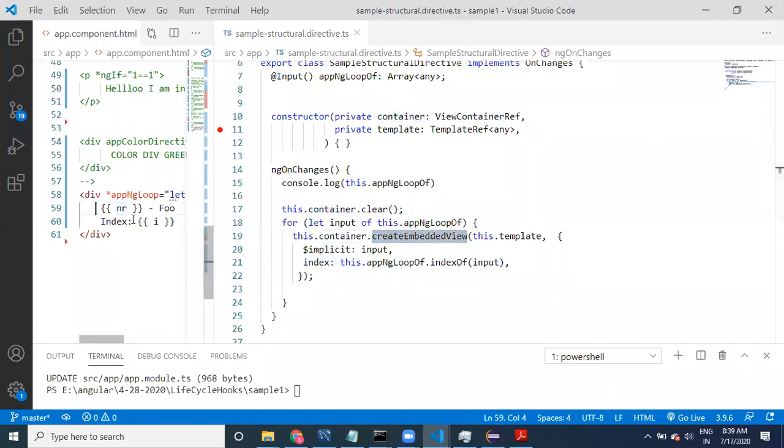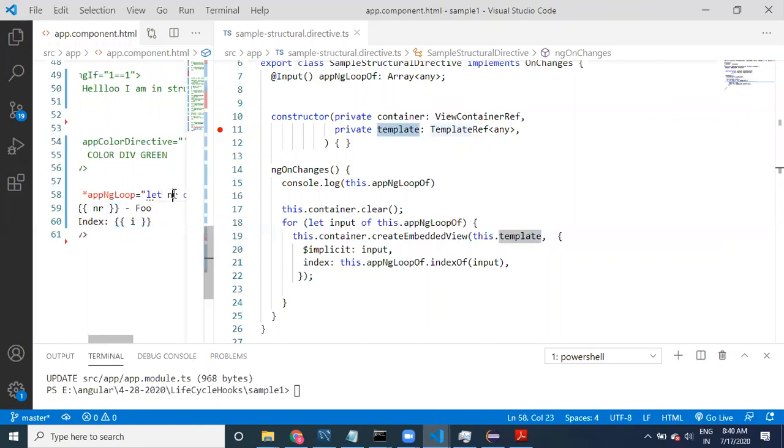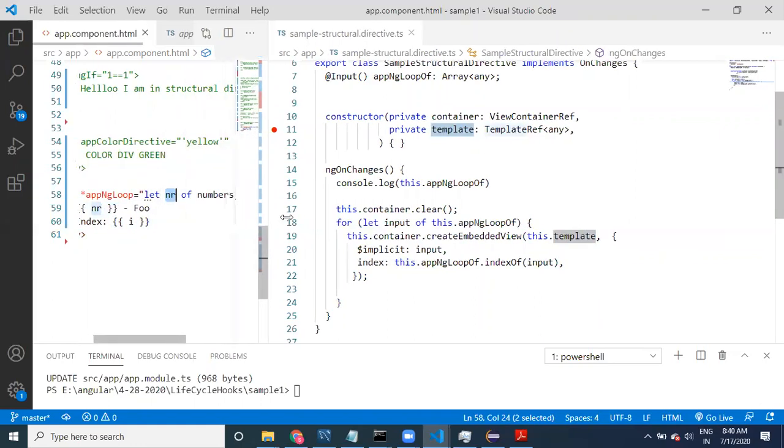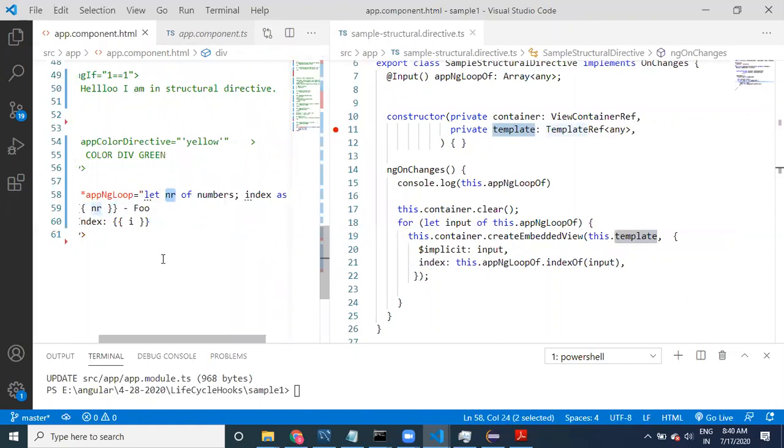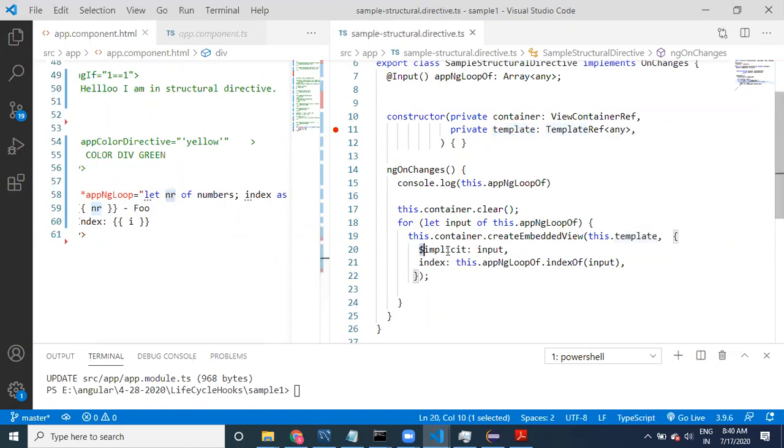By taking this content template, within this template we have to fill these values, right? We have to fill this value and this value. To print these values, this is going to be the main value. For this main value, meaning the implicit value, provide the input. Input means what? What are the values available?